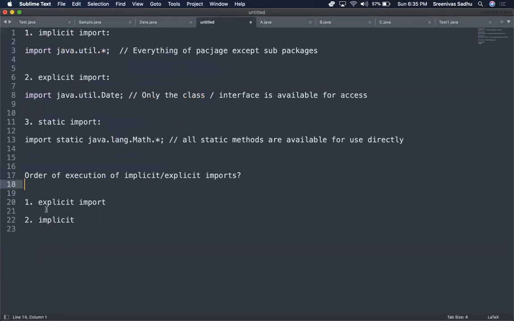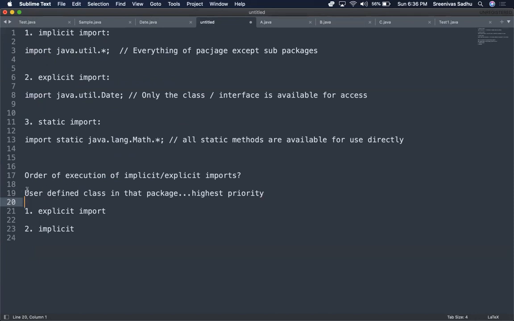Of course, when comparing explicit import and implicit import, explicit has the highest priority, but if you have your class or interface, whatever it is, in that package, that means you have a user defined class in that package, and the highest priority will be for that particular class.